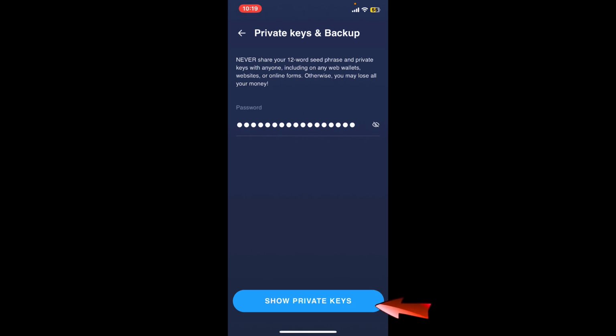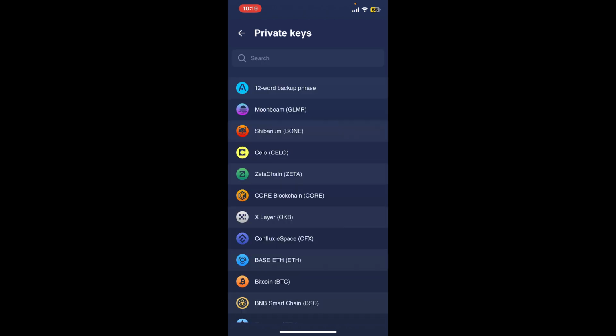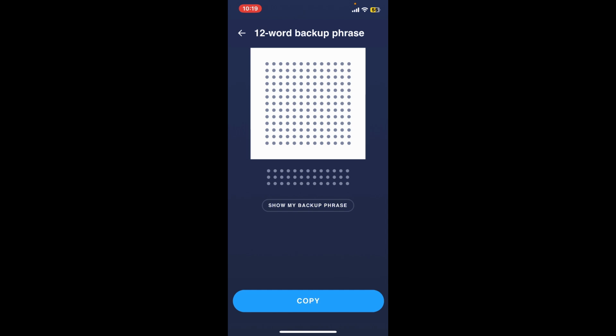Finally, tap on Show Private Key after entering your wallet's password. Tap on the little "I've read and understood" box at the bottom and click on Show Private Key. Click on the 12-word backup phrase option from the list, and you will then be able to reveal your 12-word backup phrases. Copy the backup phrase by tapping on the copy button at the bottom and paste it in a